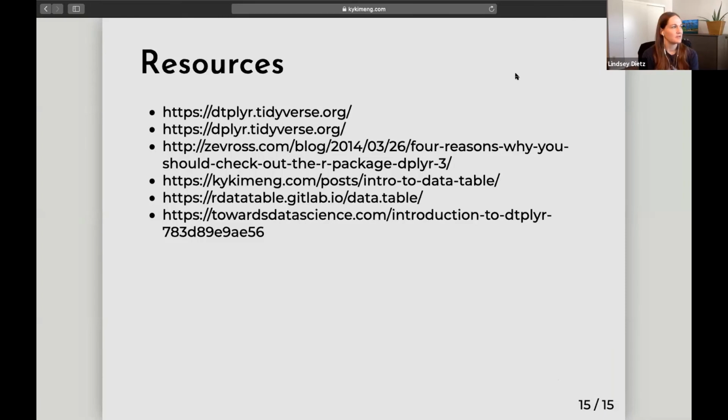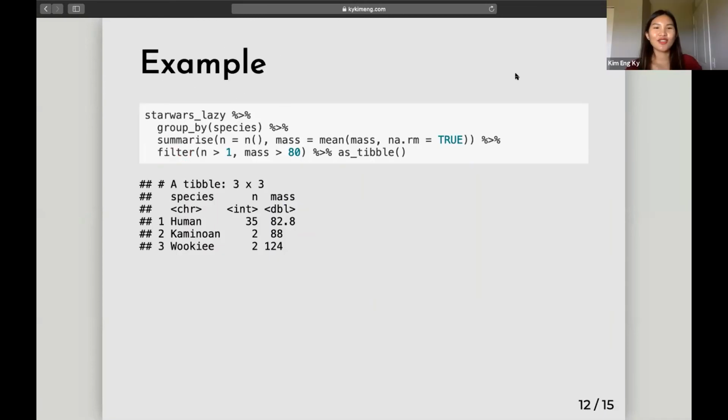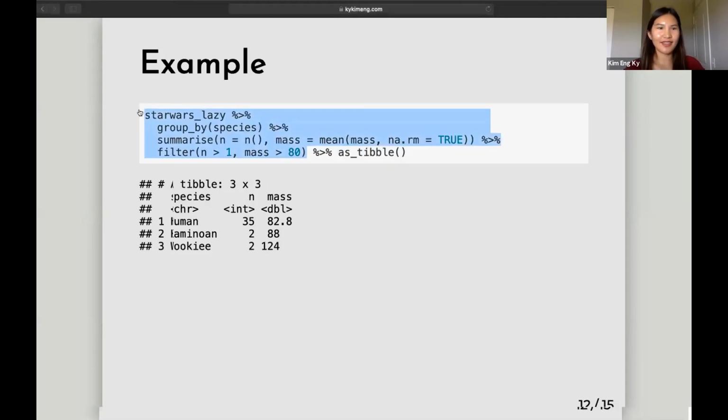I wanted to point something out. I think maybe you had it on one of your slides, but basically when you write the dplyr code, it translates it into data.table syntax for you. Is that right? Like as part of the output? Yeah, so that is if you don't use the as_tibble. So if I just run this part here, I actually,